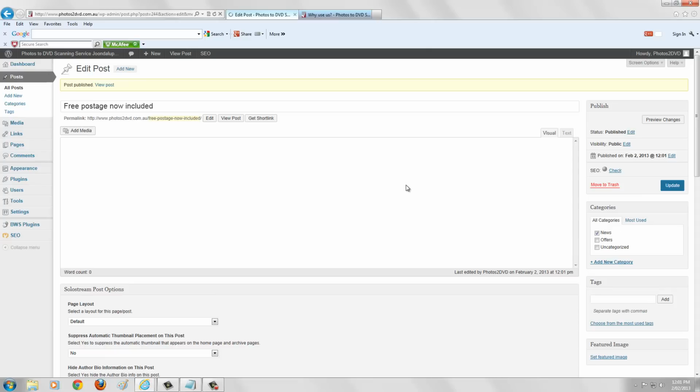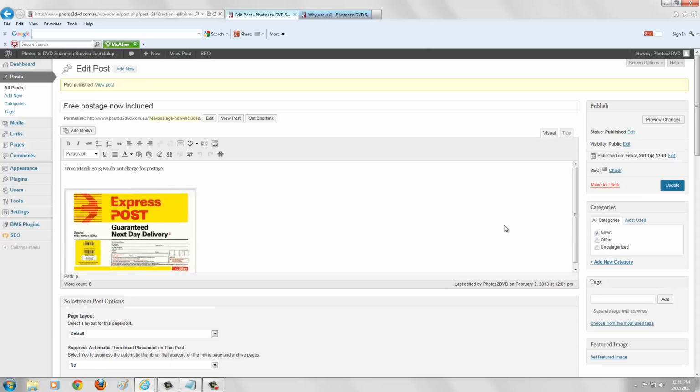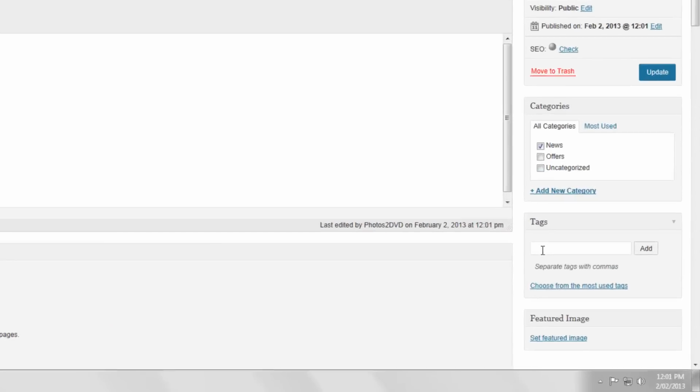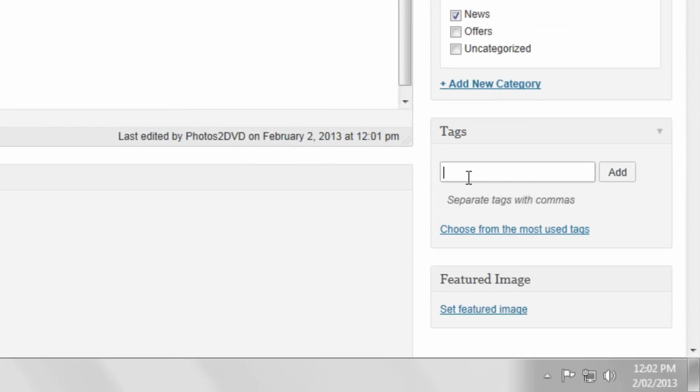And there we are, we've now created two posts, and we've also created these two different categories here. The other thing you've got down here are tags. Now tags can be used for an SEO benefit. So for instance, with this particular one, it's talking about free postage. So tags could be something like free postage,